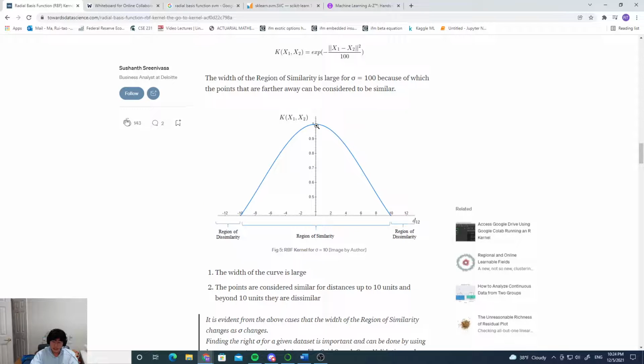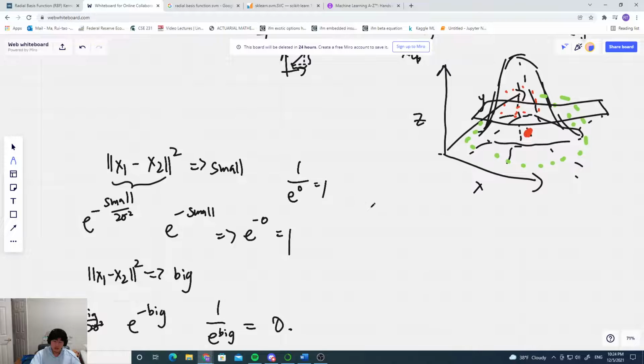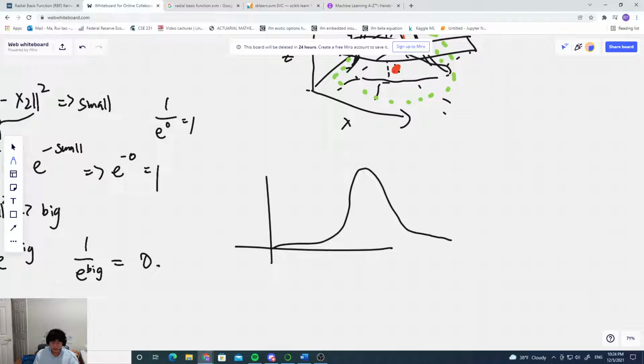And then you can actually expand sigma, make sigma super big, and then you'll say, oh, okay, now they've expanded the region of similarity, and more things, even if you're slightly farther apart, would still be classified as the same category. Okay. So what that brings us to is we essentially draw, let me actually draw this where I use their chart. I think that chart is better because it's 2D. It's easier to understand. Whereas something like this, and then this is the region of similarity, and then we'll just say this is different,